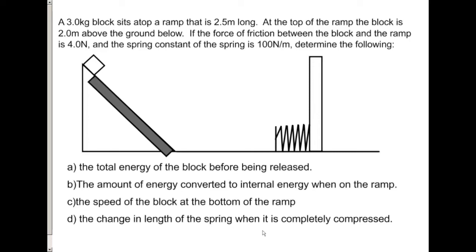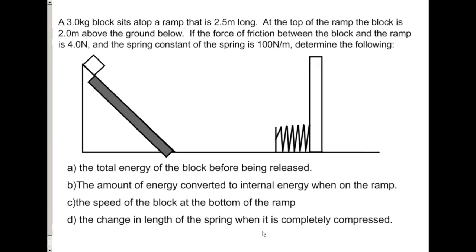All right, when thinking about this problem, I think it's best to break it down in terms of the different positions of the object. So, as I see it, at the top, I'm going to label this position A. That's the very beginning. Then the block's going to slide down, get to the bottom of the ramp. We'll call that position B. It's going to slide across this horizontal frictionless surface, arriving at C, and then eventually it's going to compress the